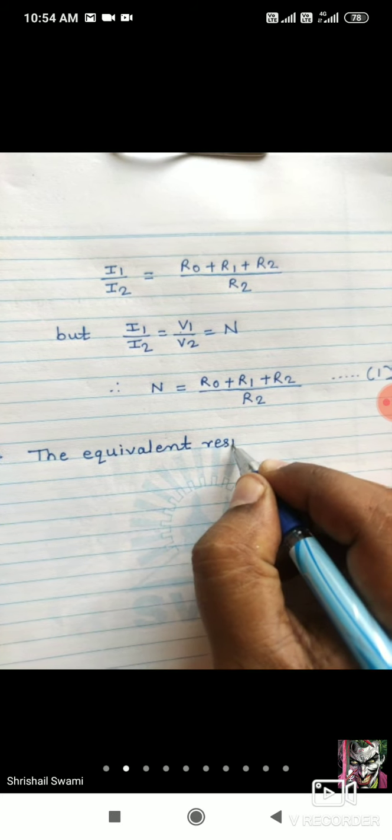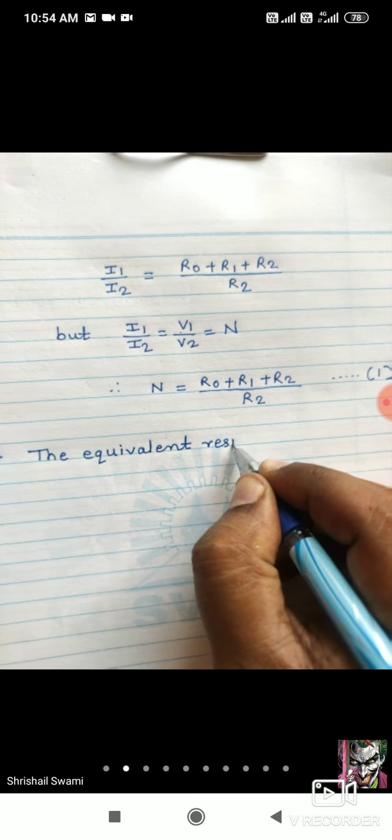So in the filter section, in the design of a filter, what will they give? In the design of any filter, considering constant K type, they will give the value of the characteristic impedance K, correct? After that, what will they give? They will give the cutoff frequency. So you have to find out L and C. Similarly, in the design of an attenuator, what will they give?